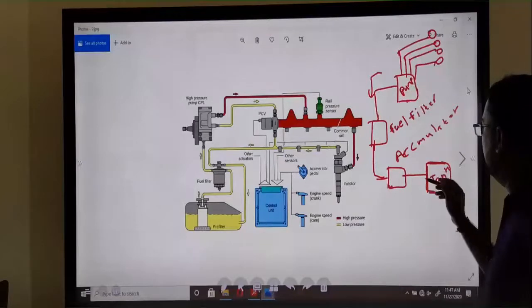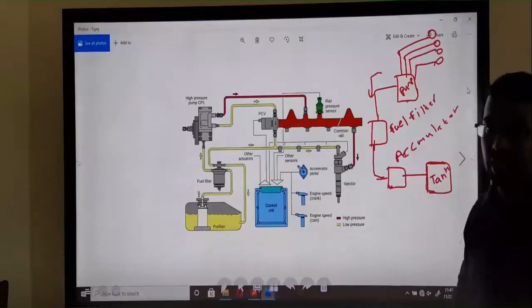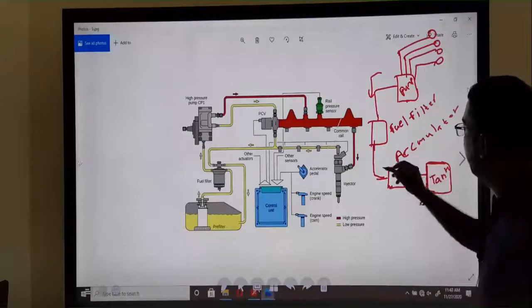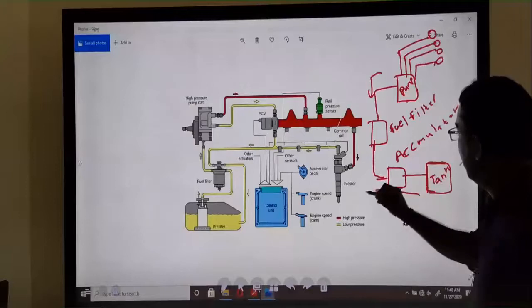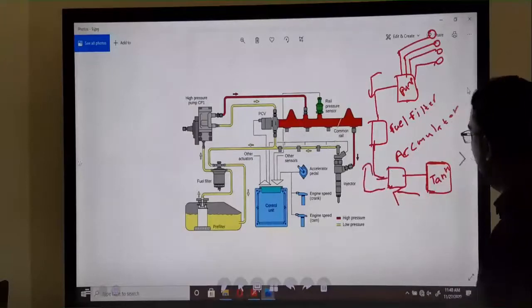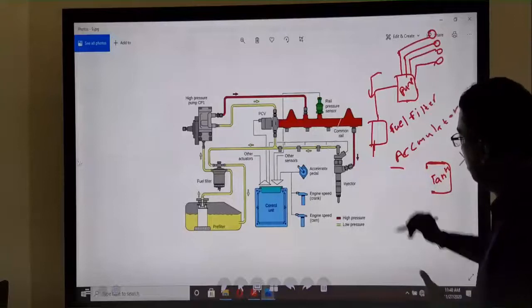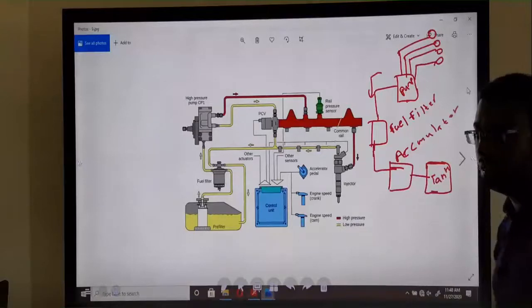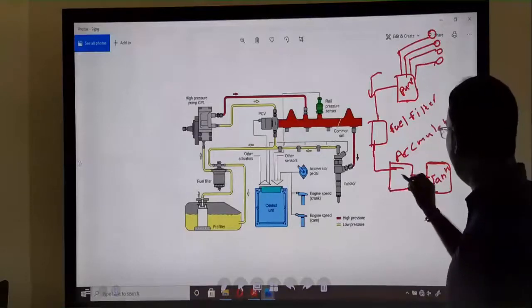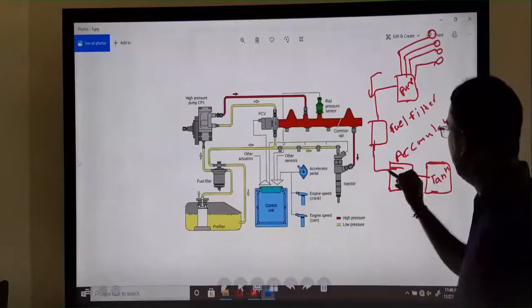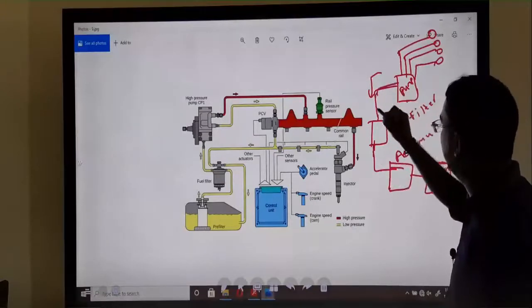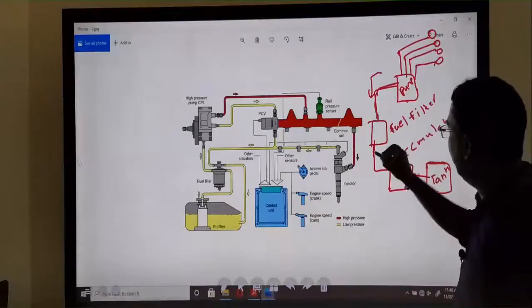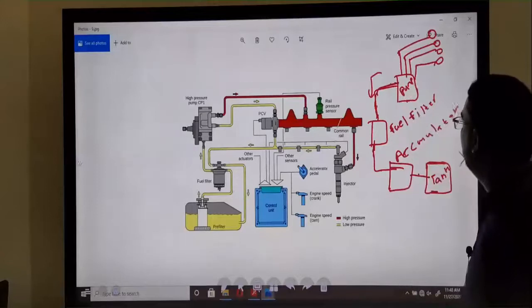The fuel problem happens when there is a cavity in the fuel supply pipe. Because of the low pressure, it's hard to pull the fuel from the fuel tank. So the work of the accumulator, when the ignition switch is off, is to maintain the fuel in the fuel supply pipe. It maintains the pressure here, up to this pump.